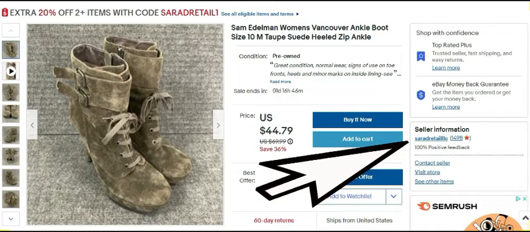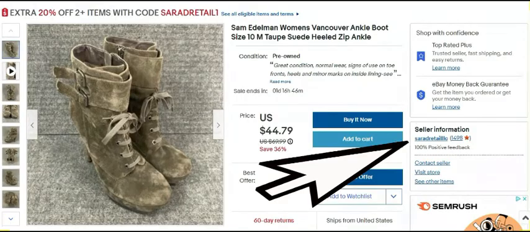1. Add the username of the seller you are searching for in the search box. 2. Click Search for a user. The third way to search for a seller on eBay is to use an item in their store. After finding the item using eBay's search feature, the seller information will be located in the right side menu